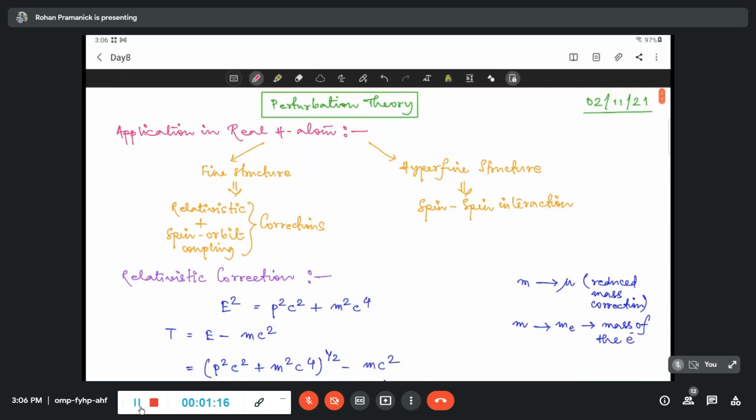So just a quick recap. What we did yesterday was the application of this perturbation theory. We developed the first order and second order correction formulas for the energy eigenvalues, and we applied them to the realistic hydrogen atom, where we have to take into account the fine structure, and there is also the hyperfine splitting, which we will do today. So this fine structure was